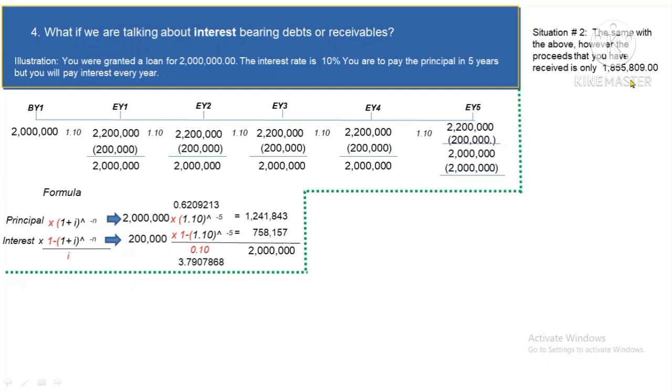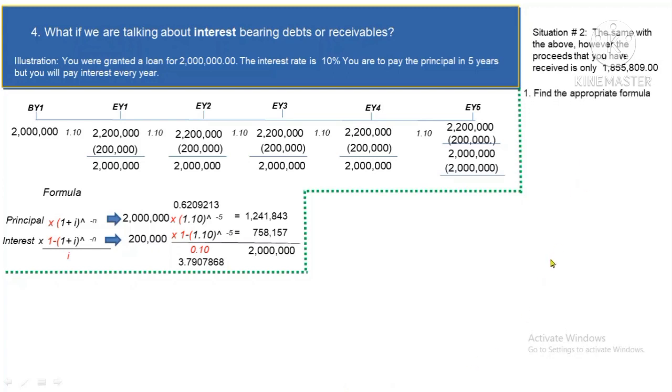Anyways, let's go back to the problem and analyze this situation. It is very clear that the interest rate charge here in this situation number 2 is not 10% only. It is higher because you are not just required to pay for 10% interest. The creditor also deducted something from your supposed to be proceeds of 2 million. The question is, what is that effective rate? Surely it's not 10% because if it is, then according to these calculations, you should have received 2 million as proceeds. However, you can find that through again trial and error and interpolation, which if you remember, will start with